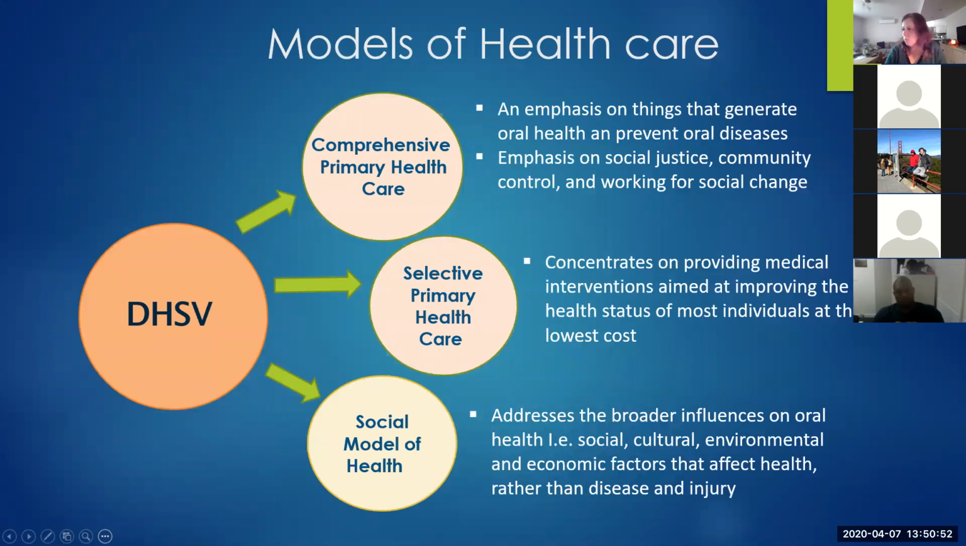So I believe that the DHSV depicts a comprehensive primary healthcare model as well as selective primary healthcare. And I think this because it emphasizes things that generate oral health and prevent oral diseases. It emphasizes social justice, community control, and working for social change. It also concentrates on providing medical interventions that are aimed at improving the oral health status of most individuals at